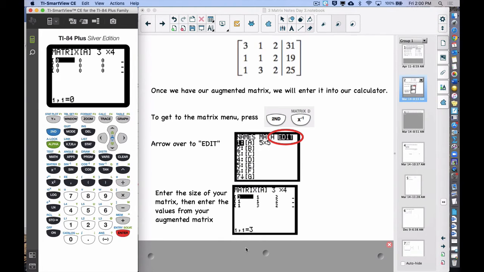So type in the number, hit enter, type in the number, hit enter, and then enter our values in. So we're going to type in a 3, 1, 2, so then once we have our values in there and our matrix is set to match theirs, we're ready to